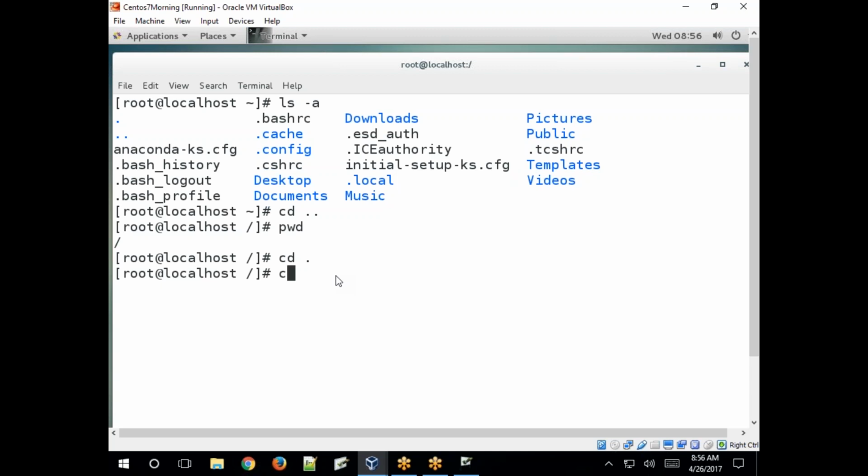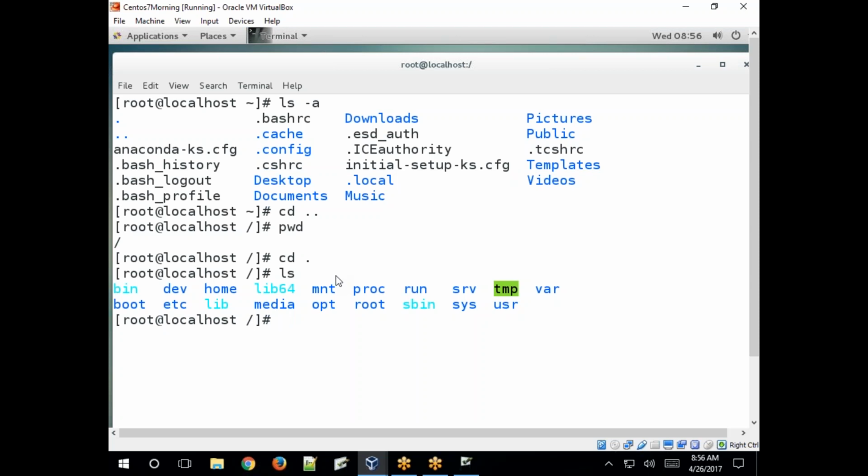If you want to change your directory from the current working directory to another directory, first execute ls. It shows a lot of directories in the top level directory, like bin, home. If you want to change your directory to home, cd /home. Now the current working directory has changed to whatever path you specified here. Now the directory is home.